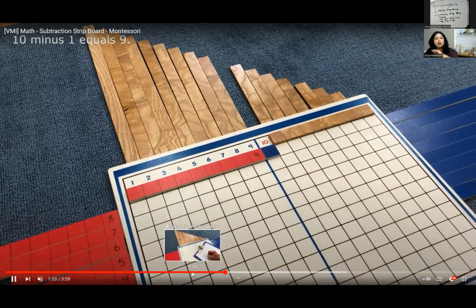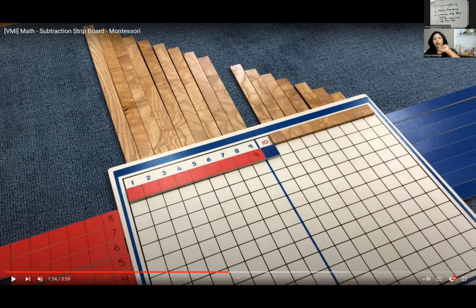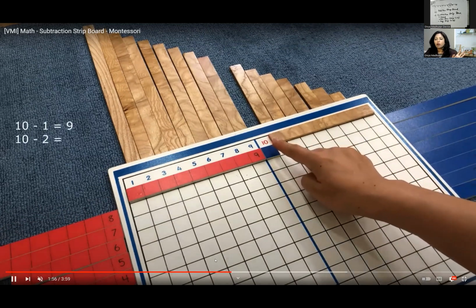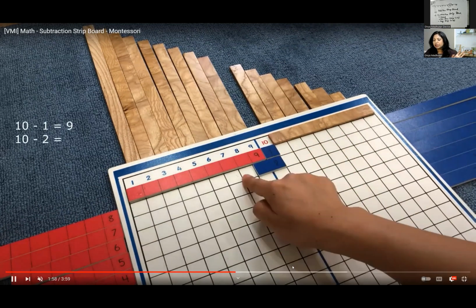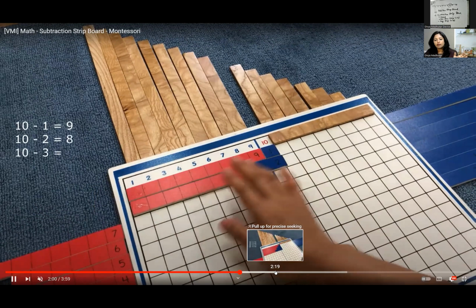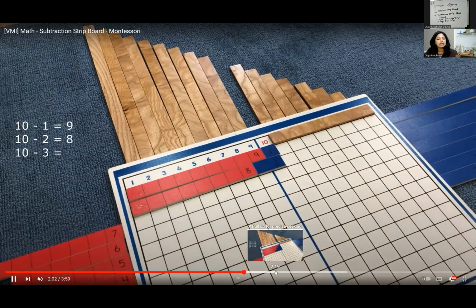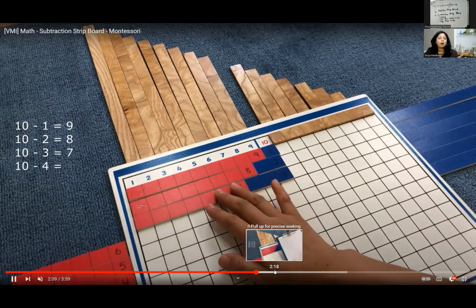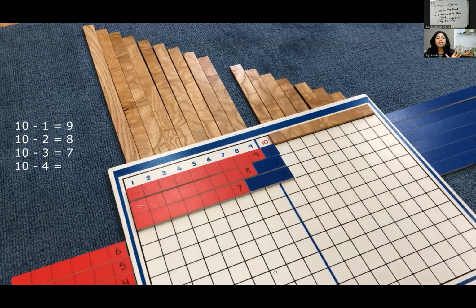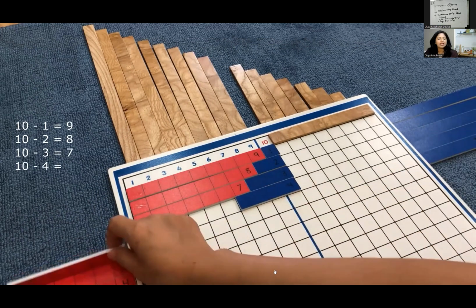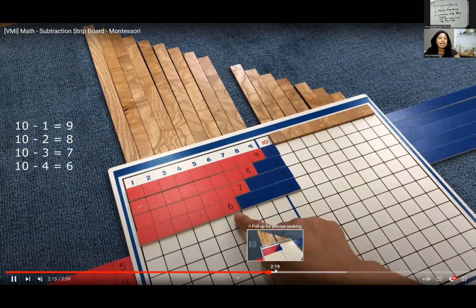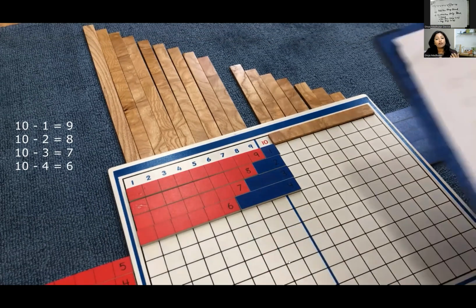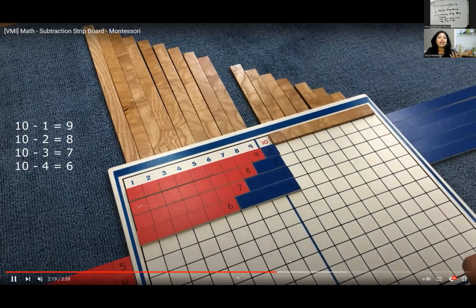And if you see here, one good thing about this is that it's going to cover the entire range till 18, right? So that's one of the goodness of this particular material. So you will continue for all of it, 10 minus 2, 10 minus 3, and 10 minus 4, and you will write down the answer also immediately. So this is what we have to perform in our subtraction strip board. It's going to be very, very simple material, and it's very easy for all of us to actually work on. So we write down that.